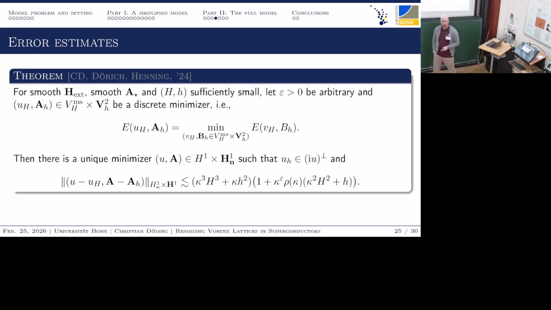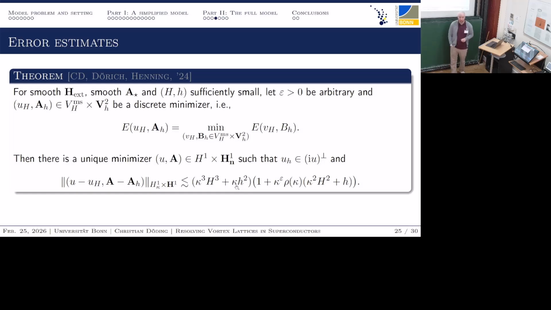So basically we can extend everything from the previous theorems to this full problem where we minimize with respect to U and A. If everything is nice and smooth, and we have small mesh sizes, then there is a discrete minimizer close by a unique exact minimizer, and we can bound the error of this discrete minimizer measured with respect to H1 kappa in the order parameter, and just with H1 in the vector potential, by the optimal order of convergence 3 in the order parameter, again cubic scaling in kappa,